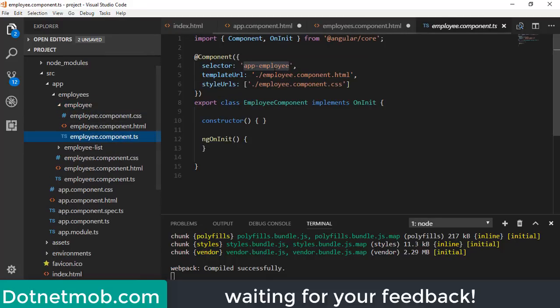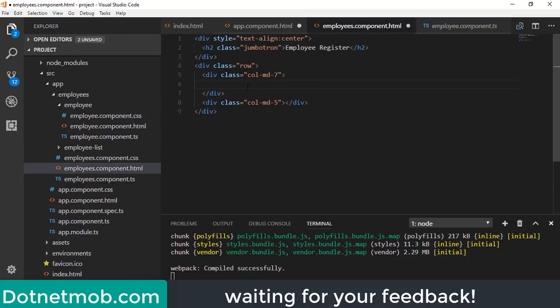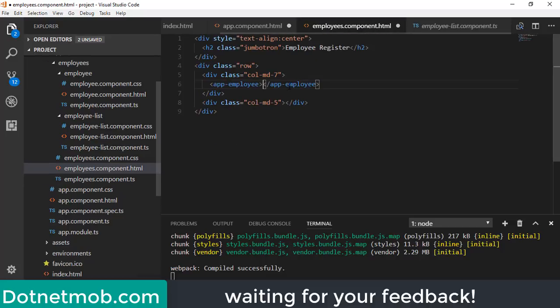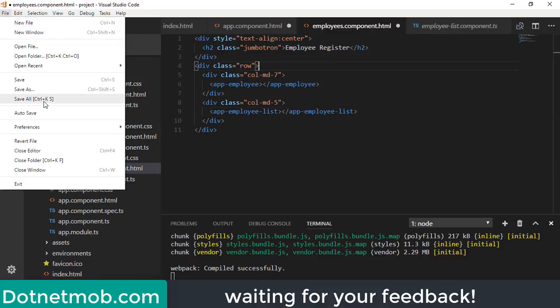Let me copy its selector from here, copying and pasting here, then hit tab like this. Let me copy this component tag from here and paste it here, hit tab. Let me save all of these changes.